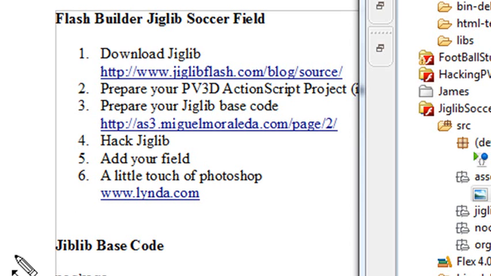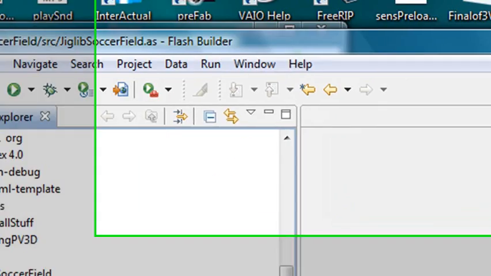Now, the best Photoshop tutorials I've ever seen on the web are on lynda.com. So www.lynda.com, $25 a month. You can watch all the videos you want, and I highly suggest that you become a Photoshop expert along with your programming. So we're going to take our soccer field that we grabbed from the web last time,